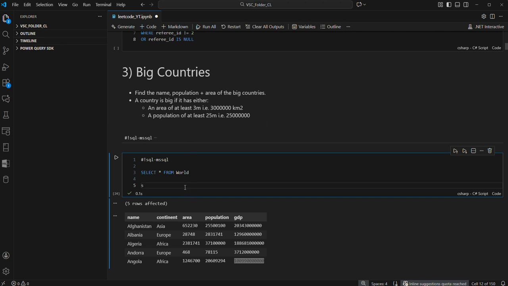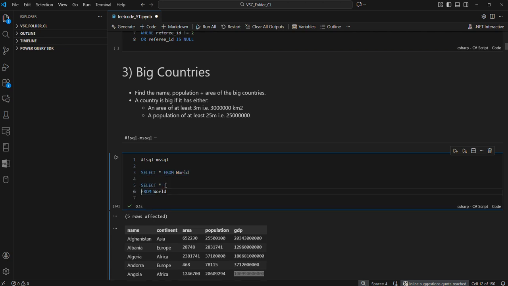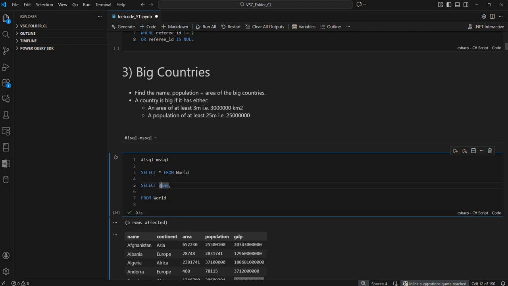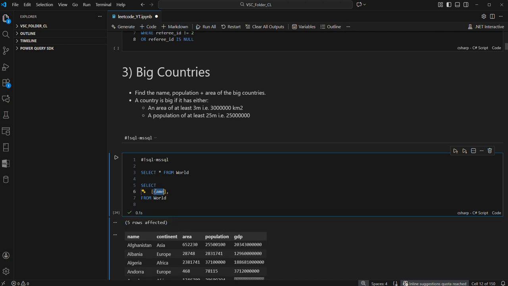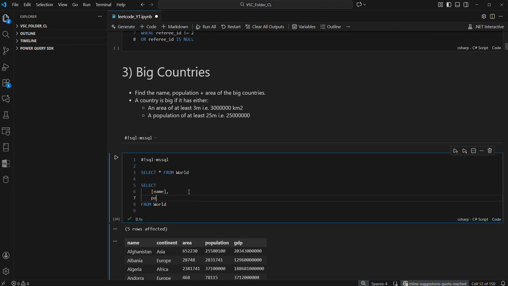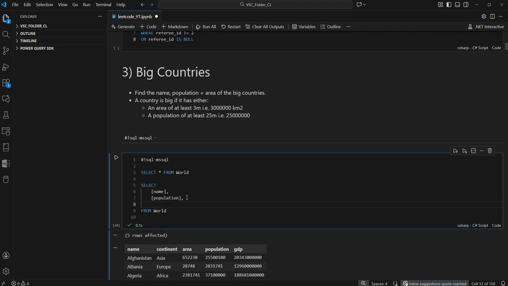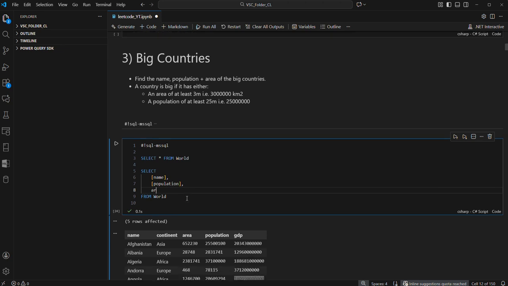But yeah, we'll keep this as a reference point, copy that down, and we are going to select the name column, and I'll pull this down to make it look easier to read. And I'm going to put this in brackets because it's a keyword, and population as well, which is also a keyword, so I'll put that in brackets. And then we also want to return the area, and we will put the where statement as mentioned previously, and